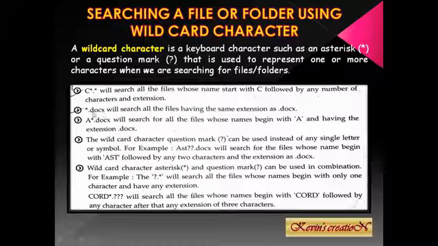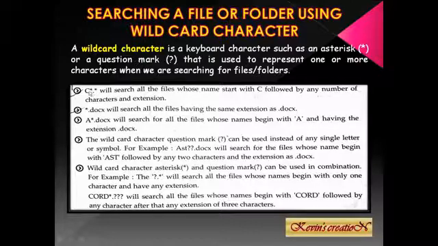So any files saved in your computer with the docs extension will be displayed. Asterisk dot docs means we are looking for a file whose name begins with A and extension name is docs.